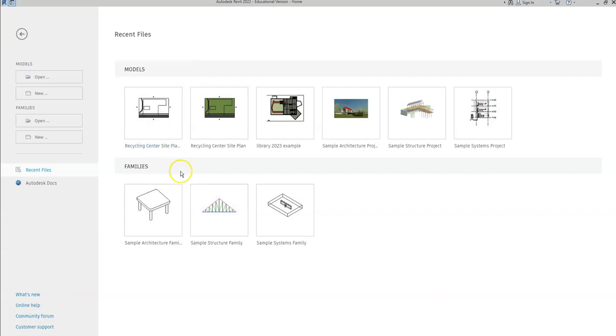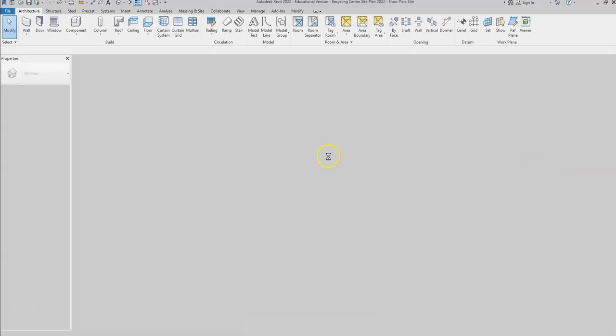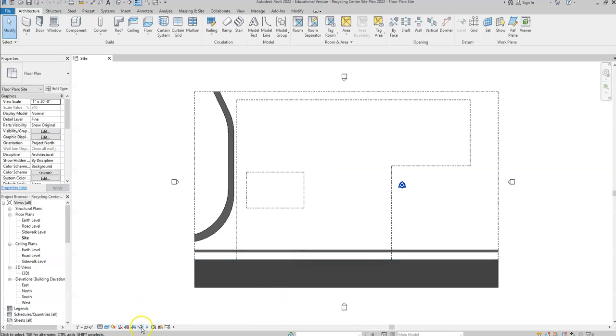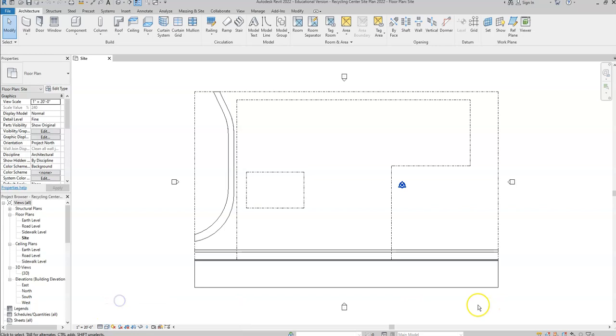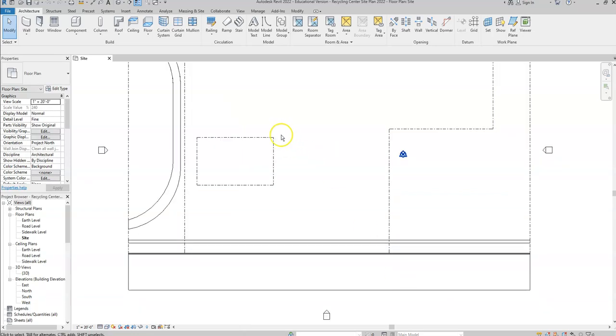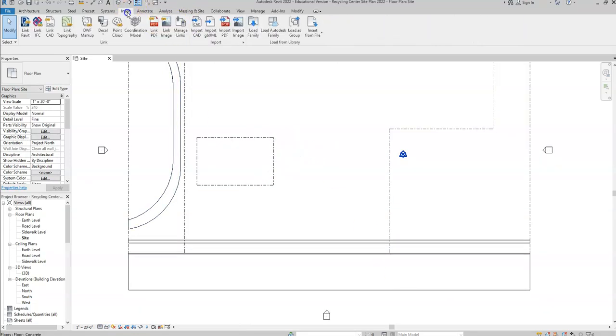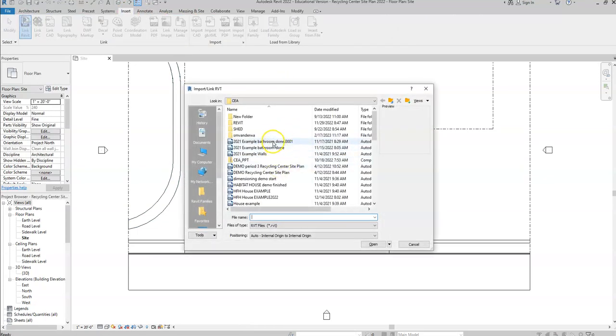Okay, go to the Google Classroom and download the site plan file, and then open it up. Once you open it up, you're going to want to make sure that you are set to wireframe or hidden line. And then go up and we're going to insert our libraries in. So you're going to go to Insert, Link Revit, and you're going to find,